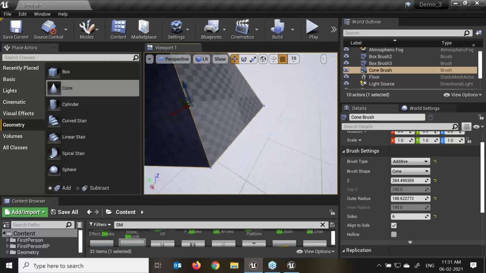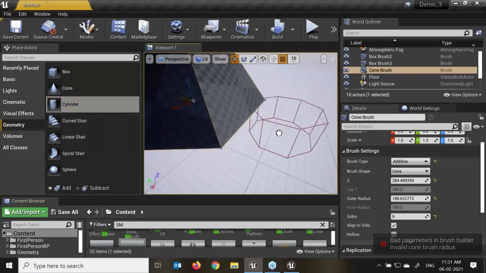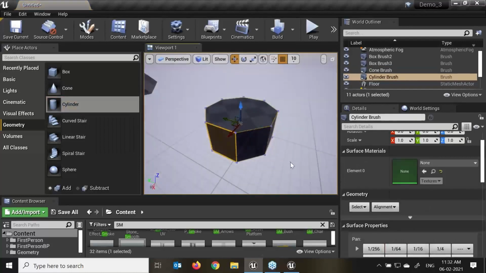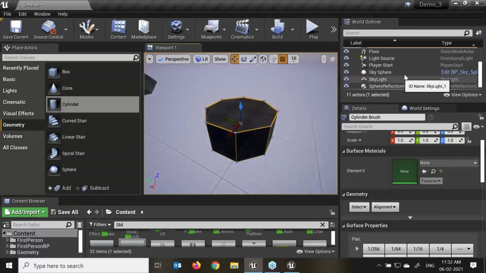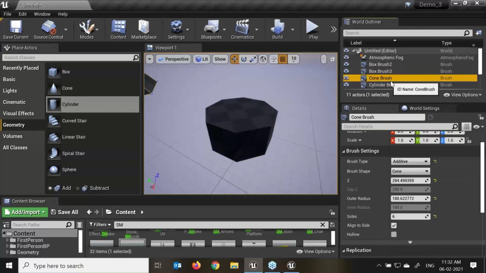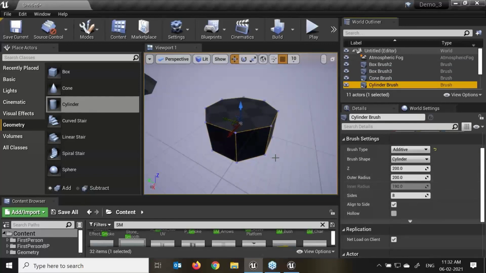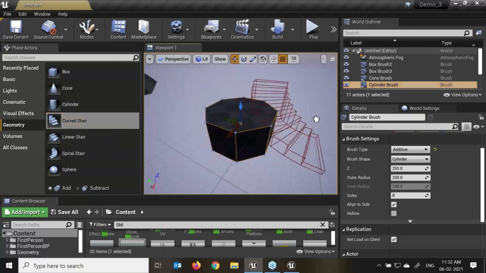So this depends upon the requirement, like how much and what kind of alignment we require as per our scene demand. We have this hollow. As of now, we are not doing interactive or subtractive. Now we'll talk about some cubes. I'll go down. We have box brushes, cone, and cylinder brushes. Here we have different properties, right? So each and every brush has different settings.